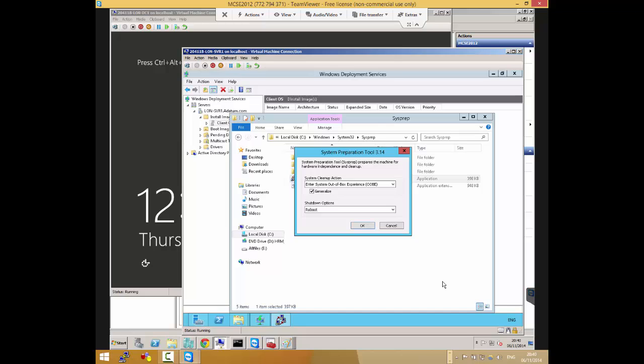So once you deploy it out, instead of it just installing Server 2012, it will install and already have Office on it, already have all the updates on it. You get the point. So first of all, you install what they call a reference computer. You have a reference computer that you've installed all the applications and all the updates that you need, then sysprep it. After you sysprep it, you can capture that image and then deploy it on your machines so they all have all the updates and everything installed.